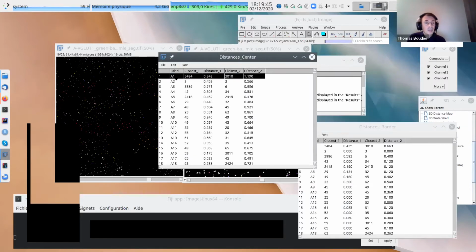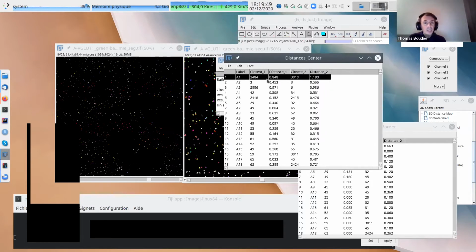For the object in image A, the closest object in image B is object 3484 with a distance of 0.8 in micrometers. The second closest object from object 1 in image B is 30010. The distance is 1 something, and so on and so on.